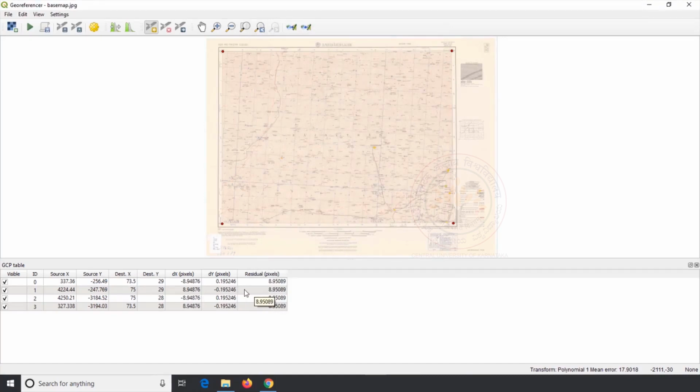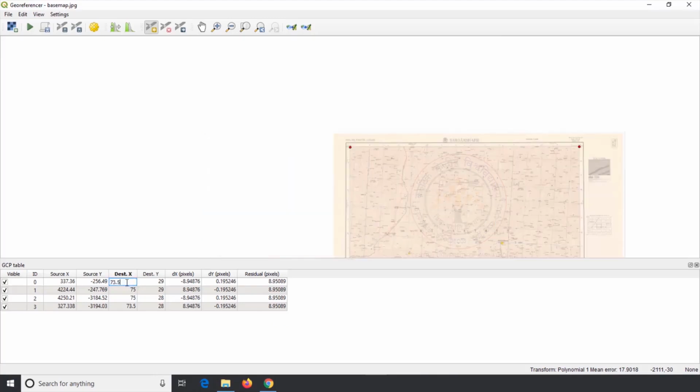The values in these columns indicate the error in georeferencing. The values in the dx and dy indicate the error caused in the entered x and y values, and residual indicates the overall error of that point. If you see any single value having a higher error than other values, it indicates there is a human error caused due to misplacement of the GCP point on the intersection of latitude and longitude, or entering the value in the enter map coordinates pop-up window. In such a case, the value of x and y can be changed by double click on it. Or we can remove the GCP point from the table and it can be created once again.